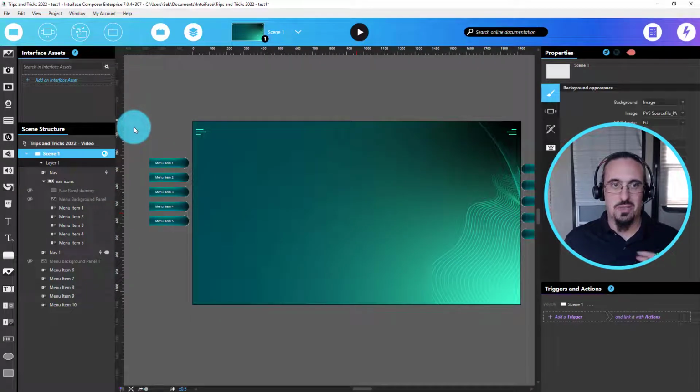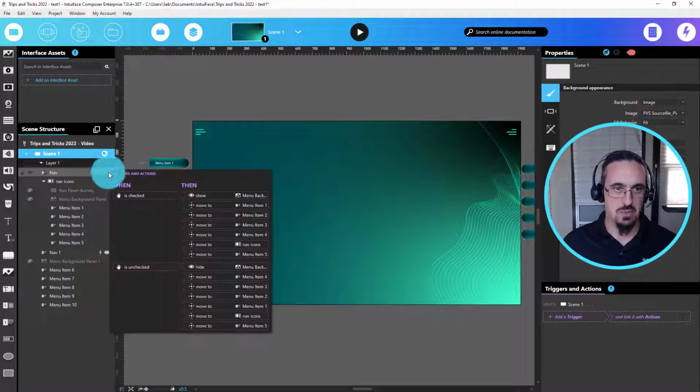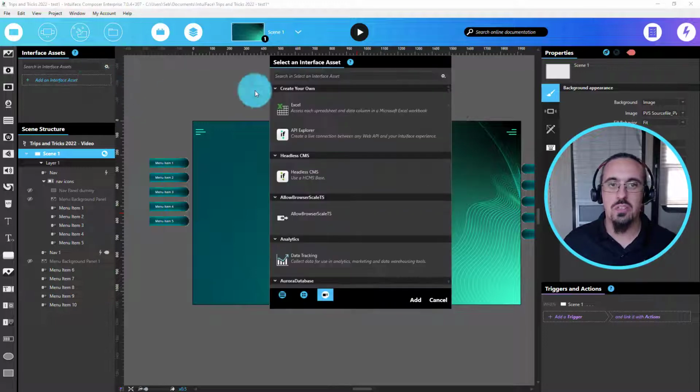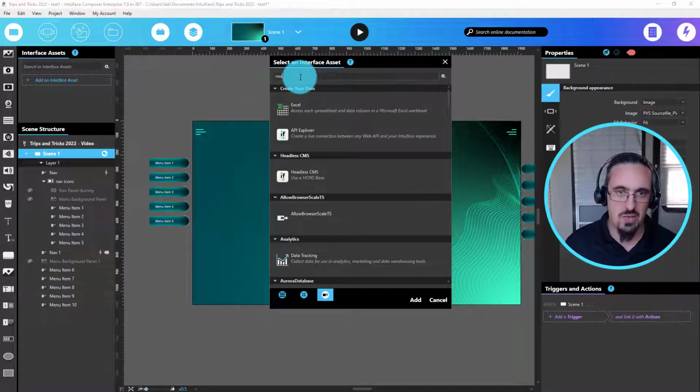So a lot of things about triggers and actions, copy and paste, and trying to understand exactly what's going on within your experience. The last tip I want to share is to use buttons or toggle buttons to aggregate these kind of actions. So right now we have a menu, so obviously the menu is in charge of everything, but let's say you wanted to use an RFID tag. Let's say you have a Nexmosphere